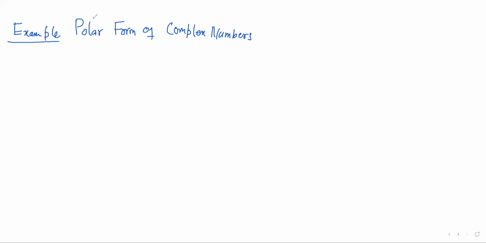For example, if we have a complex number z equal to a plus b iota, we can represent its modulus of z as the square root of a square plus b square. And if its modulus of z is equal to r,